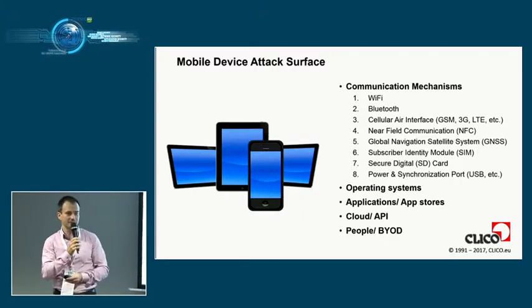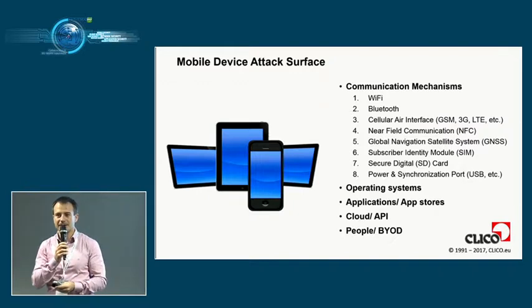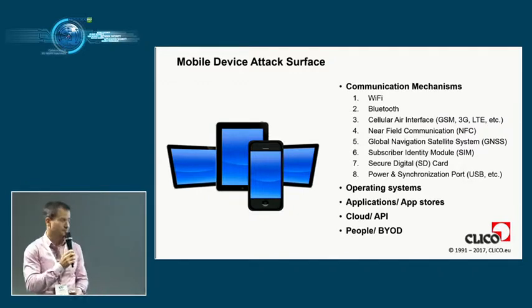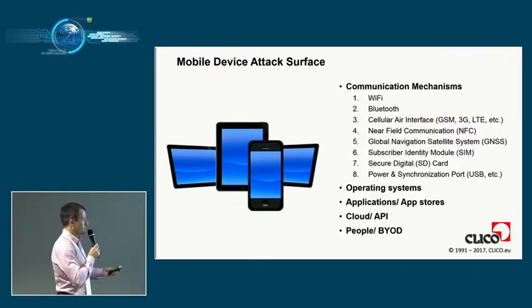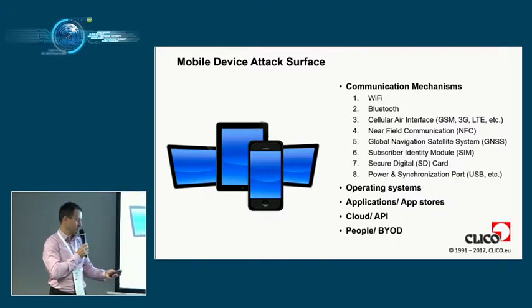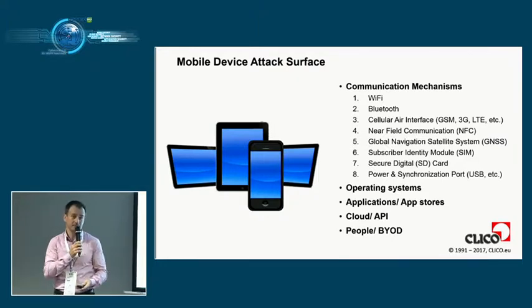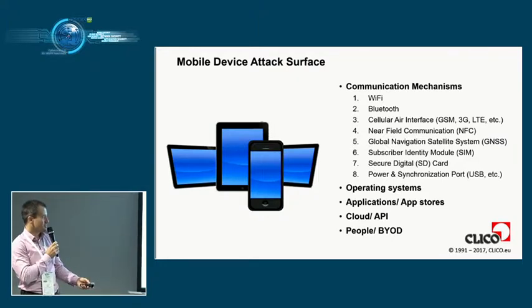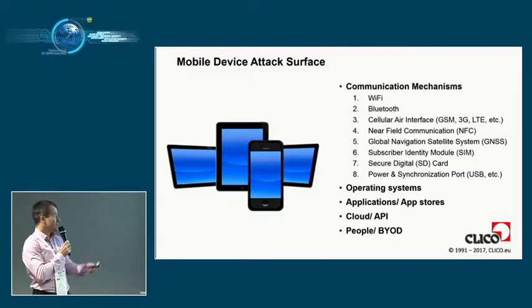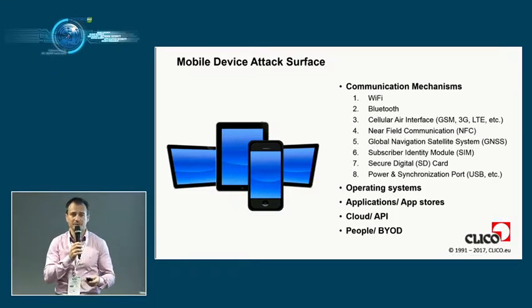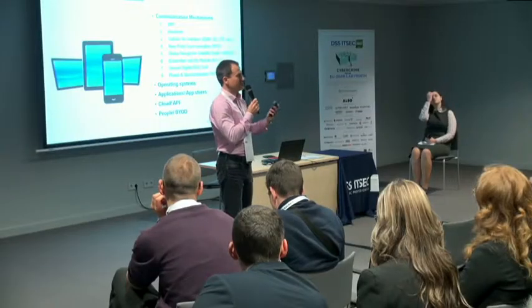We have problems with cloud that I will explain in more detail further. Problems with security awareness of people, bring your own device, installing untrusted applications on private smartphones, on tablets, and so on. So the attack surface is huge, and when we conduct risk management, we should be aware